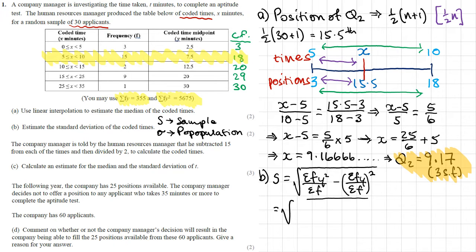So the sum of fy squared we're given is 5675. The sum of f, that's 30, minus the sum of fy we've been given is 355. And the sum of f again is 30, and then all of that needs to be squared. So let's work that out, see what we get. And that gives me